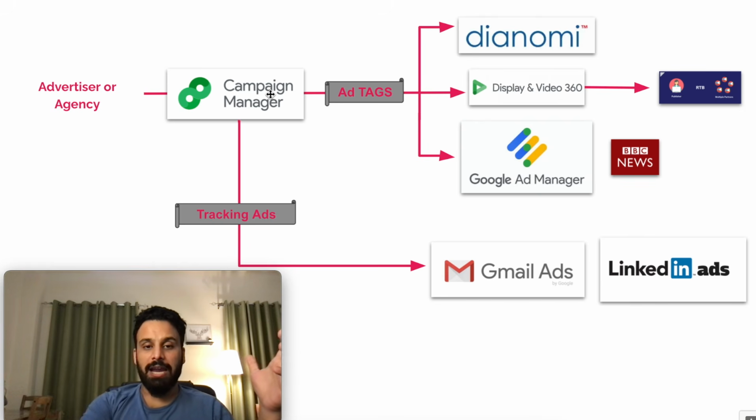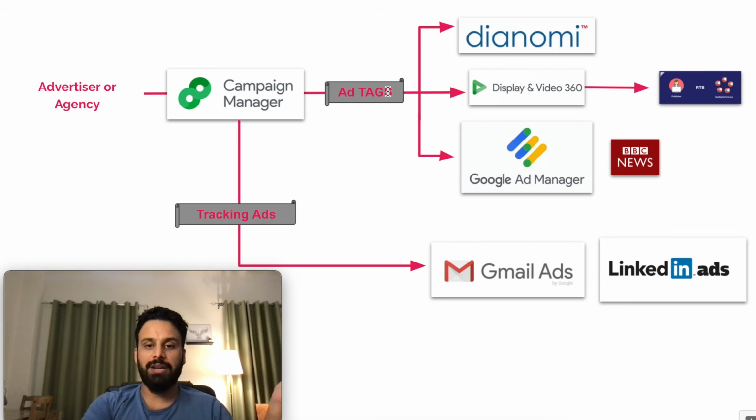Just to give you an idea, in Campaign Manager, you upload your 5 creatives, let's say 5 different images. Then you generate ad tags for each of these creatives, and these ad tags you pass to Dinomy, you pass to DV360. Similarly, with Dinomy, you will traffic this ad tag, and to BBC, you will give this ad tag, and they'll traffic it in their Google Ad Manager. So whenever there is a campaign running on these three platforms, the actual creative is hosted in Campaign Manager, so it is always aware of how many impressions, how many clicks, so you can even control it.